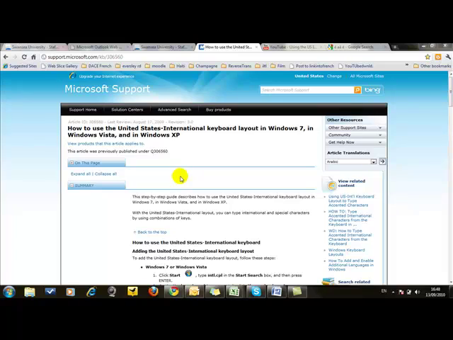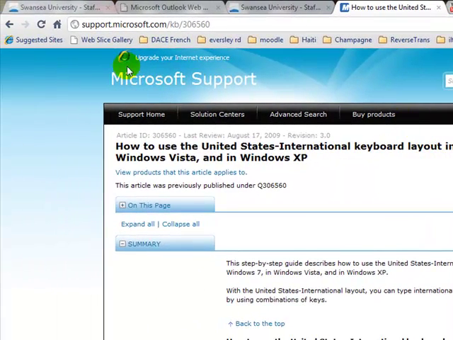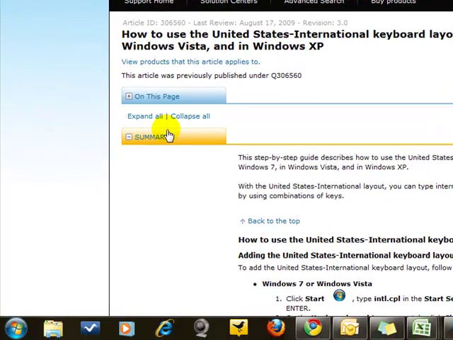The purpose of this tutorial is to show you how to use the United States International Keyboard with the keyboards that you'll be finding on desktops in the laboratories as opposed to laptops. Of course you can read it online at support.microsoft.com, and the first thing to do to use this keyboard, if it's not already done on your computer, and to